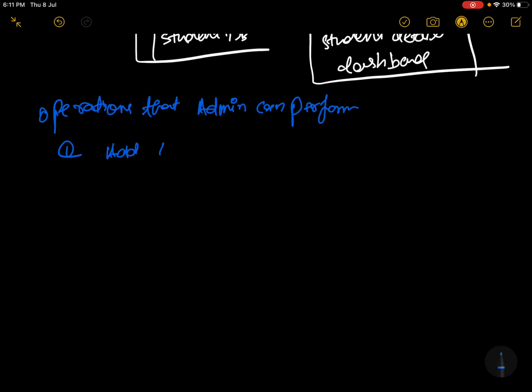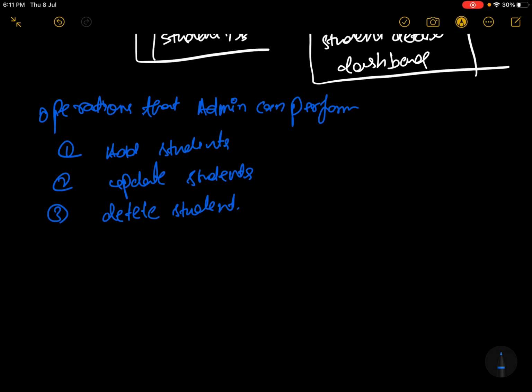Add students, update students records. Basically these are the student records. Delete as well. So any remaining, delete, update. Okay, so suppose these three operations an admin can perform on the student details table.